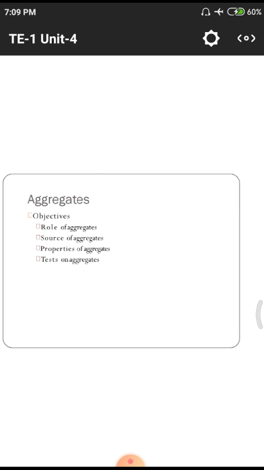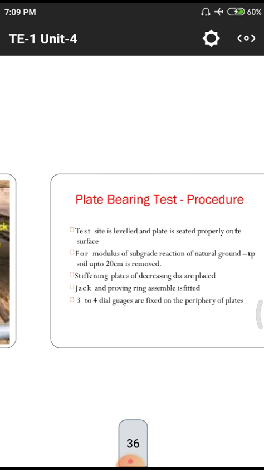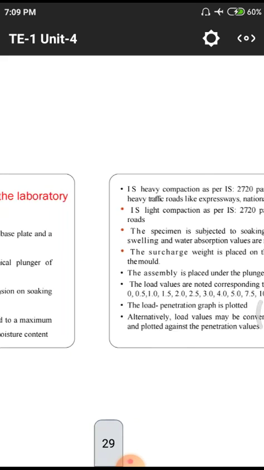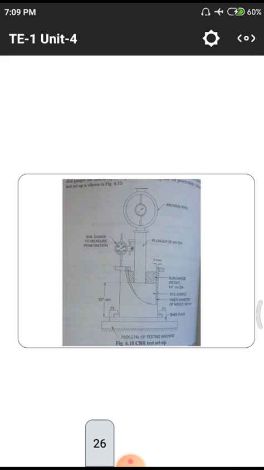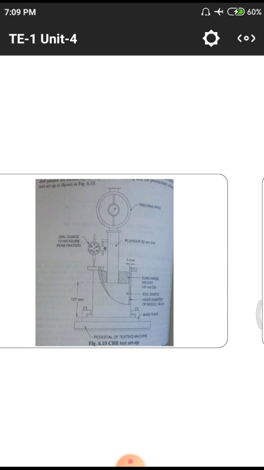Before going to today's class, once again we have to recollect a few points from yesterday's class. In yesterday's class, I explained two tests. The first one is the CBR test. This is the apparatus which is used for calculation of CBR value. This CBR value is determined for how much load the soil should bear,